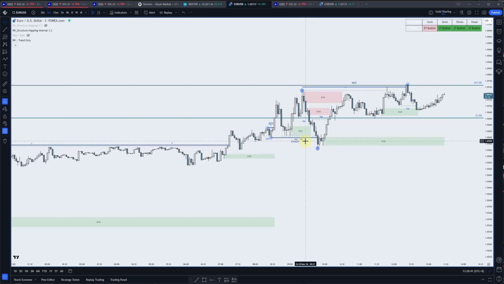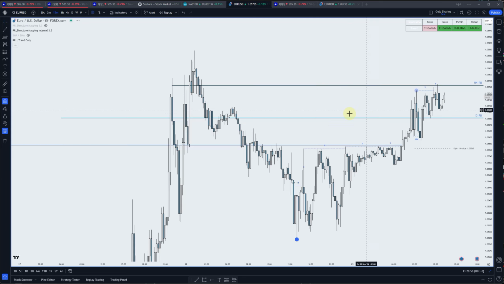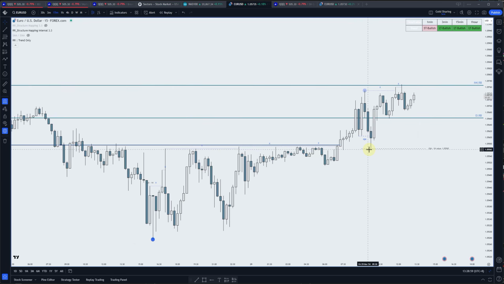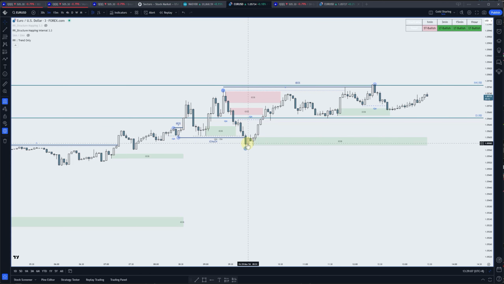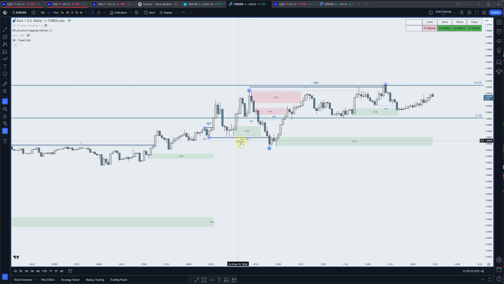But like I said in the video codes, if we have the change of character, we need to go one time frame higher to check that it is not a QM. But you see that this is the 15-minute QM. Can you read here? 15-minute QM, I show you this one. So if the price took the 15-minute QM, the 3-minute change of character could be the one time frame higher QM. So in this case, this 3-minute change of character is a one time frame higher QM, and we are looking for, rather than short,